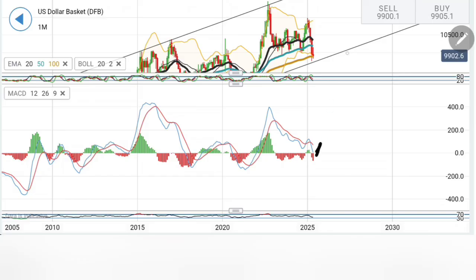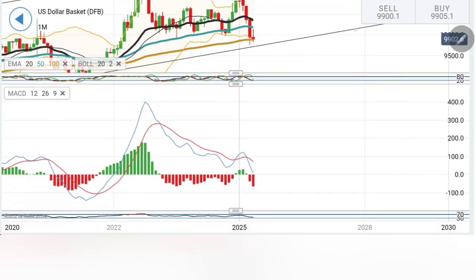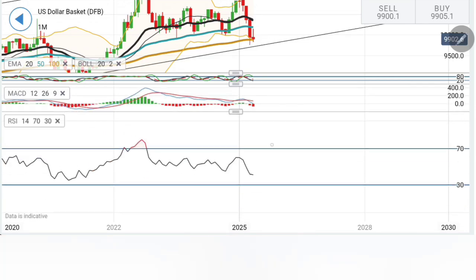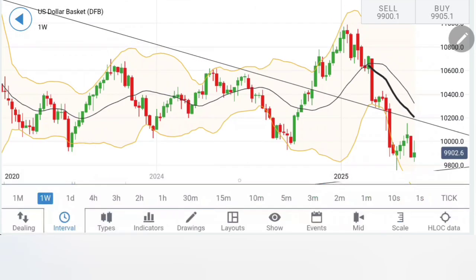However, right now it is trading bearish. If you look at the MACD, it has just crossed over a couple of candles back and it is trading with divergence and bearish. This is the only indicator which confirms that possibly we are going to see a few more red candles here. This is a worry point for me, because it confirms that it might give you a breakout on the downside. But RSI is right now placed comfortably here, looking downwards.